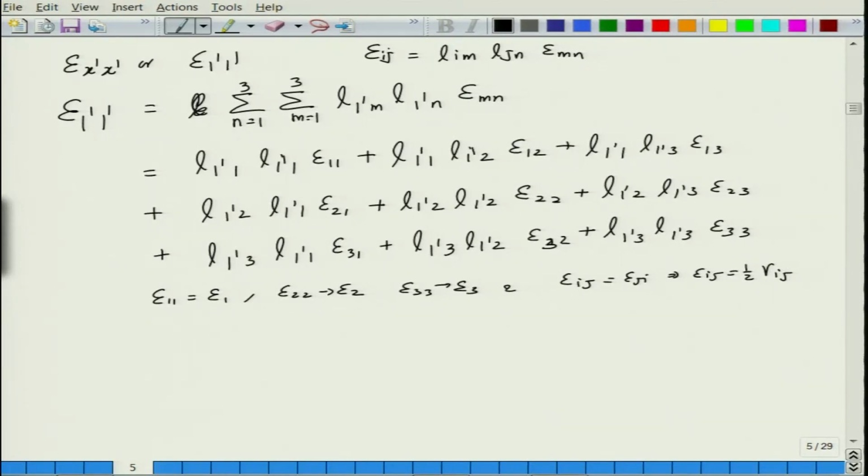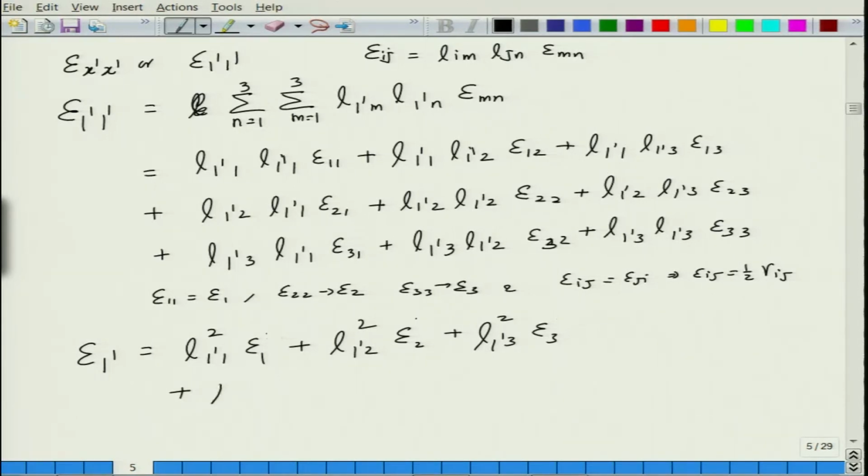So, if we make these replacements, what we get here is epsilon 1 prime is equal to L 1 prime 1 square epsilon 1 plus L 1 prime 2 square epsilon 2 plus L 1 prime 3 square epsilon 3